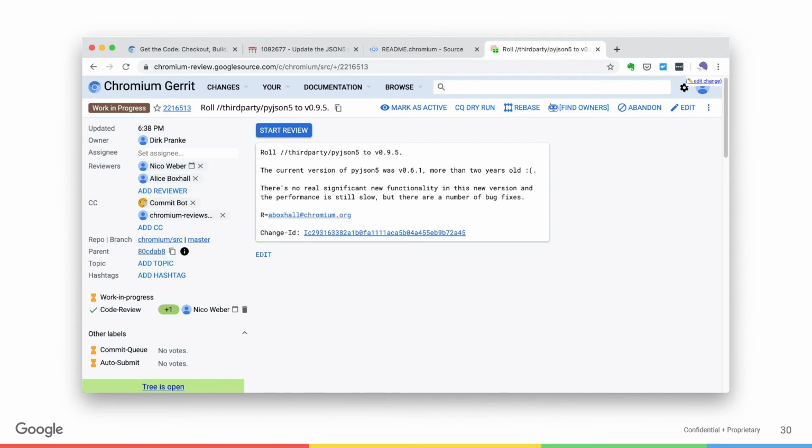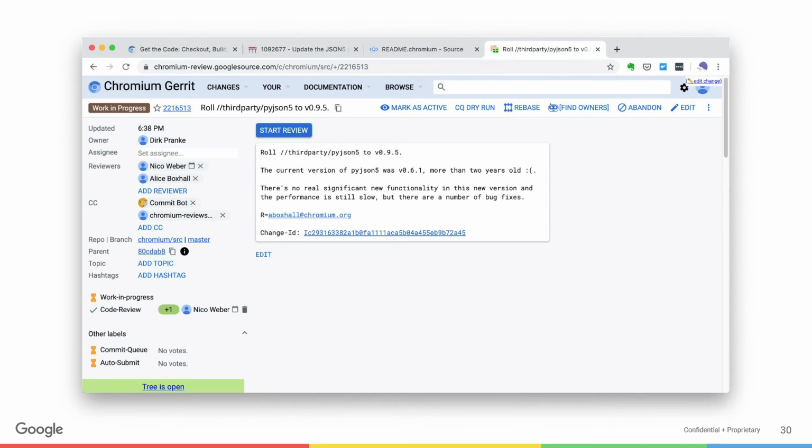There's also a way here where you can trigger what we call try jobs. A try job is an automated continuous build task that we have that'll take your change and apply it to the tip of tree on Chrome on a particular machine configuration, build Chrome at that configuration, run tests at that configuration, and you can do that to make sure that your changes work before you actually send it out for review. That is often helpful because we often don't want to waste people's time trying to review things that are just broken. One super easy way to do that is to click on this commit queue dry run button